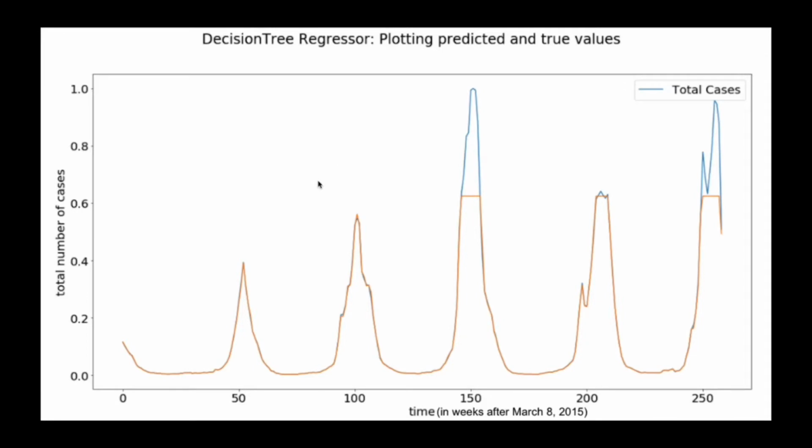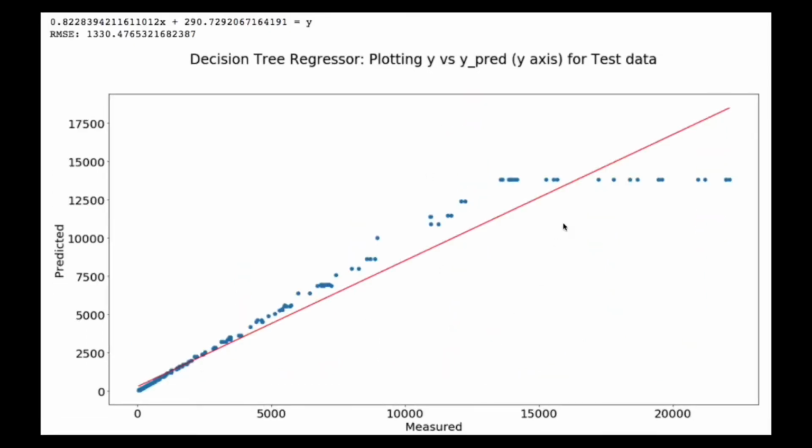I trained this model on Google Trends and CDC data from March 2005 to March 2015 and tested on data from March 2015 to March 2020. Here are the test results. The y-axis of this graph is the number of cases of influenza normalized from a scale of 0 to 1. This model accurately predicted the number of cases in 2016, 2017, and 2019, along with this off-season time. However, it inaccurately predicted the 2018 and 2020 seasons, and it dramatically missed these peaks by about 8,000 cases.